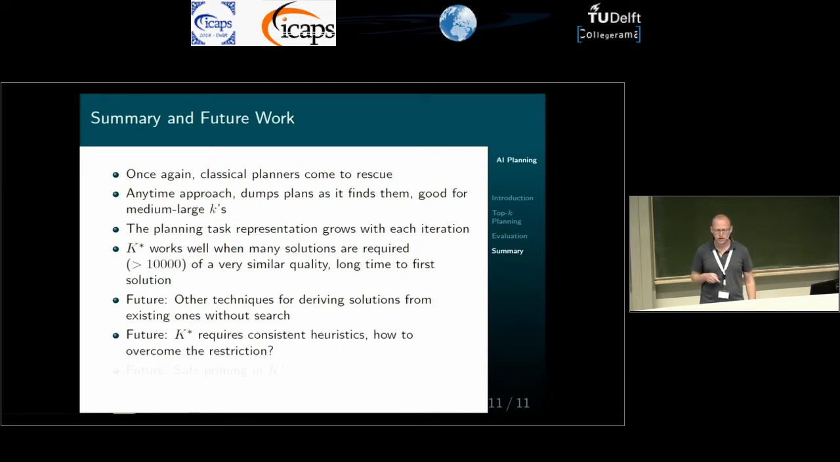For K-star, there is a requirement for consistent heuristics, at least theoretically in the original paper. I'm not sure whether this actually is a requirement or whether it was made in order to make their lives easier with the proofs that they provide. So we are looking into that. Maybe if it is an actual requirement, whether we could adapt the algorithm in a similar way that A-star is